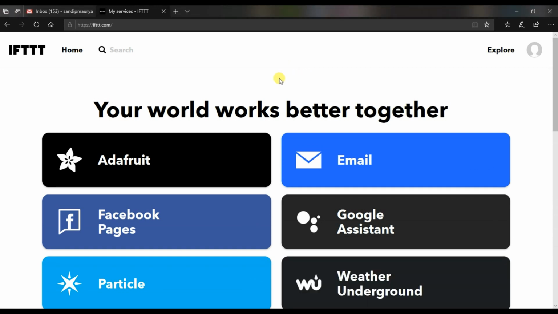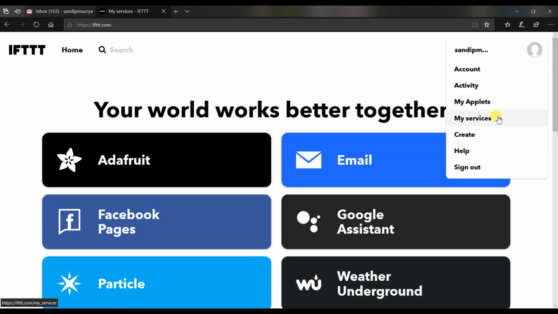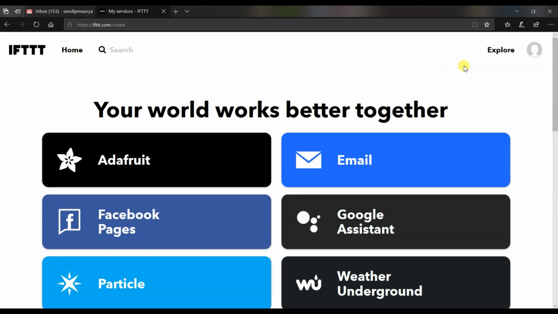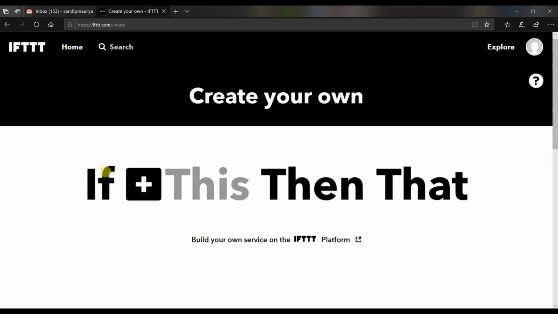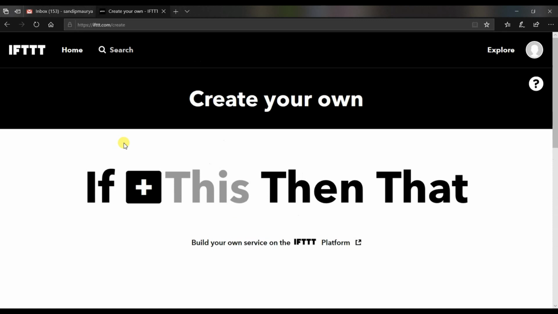Now we will create an applet. So, create. This is the full form of IFTTT: if this then that.